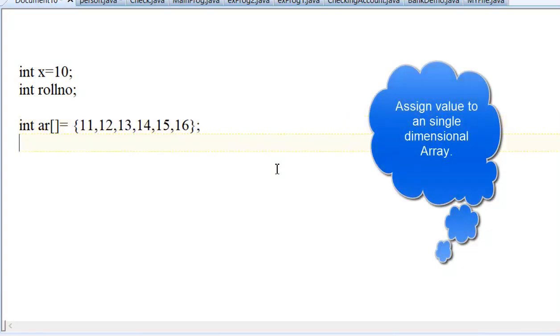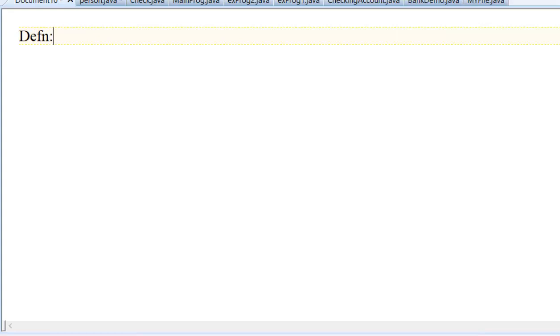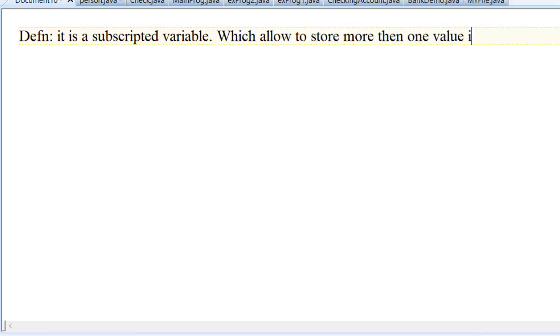So how is it actually defined? As you know, it is a subscripted variable which allows us to store more than one value in a variable.